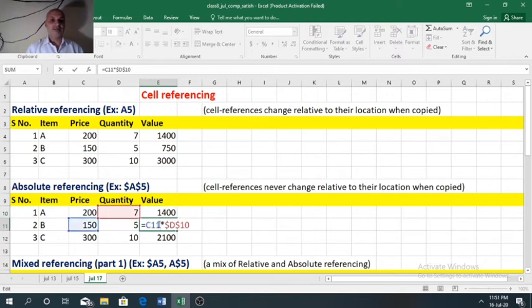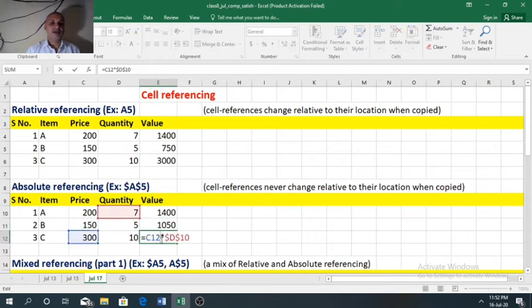But in this case C11, since the row number has changed, 10 changes to 11. But the most important thing is D10 remains fixed. It means 150 is multiplied with the fixed value 7. So 150 into 7, because of that we are getting this value 1050.